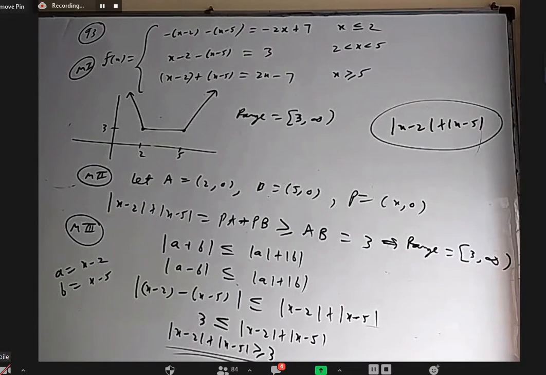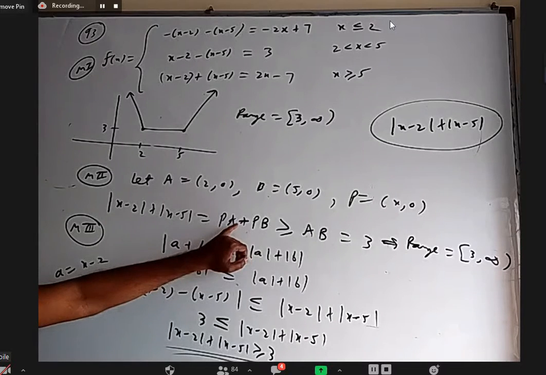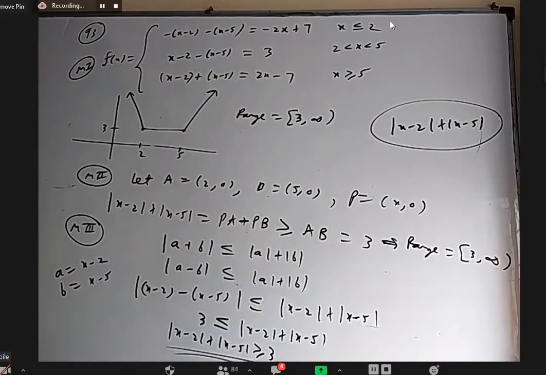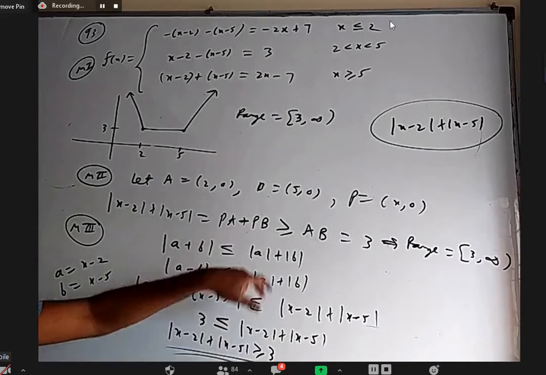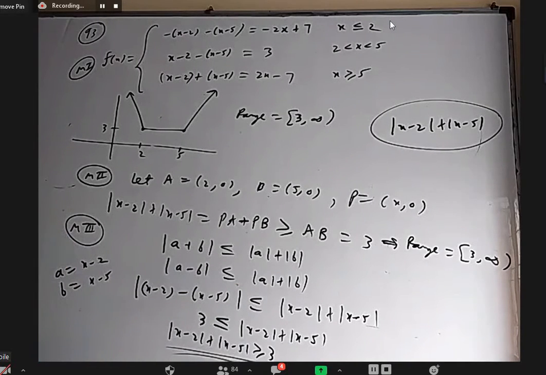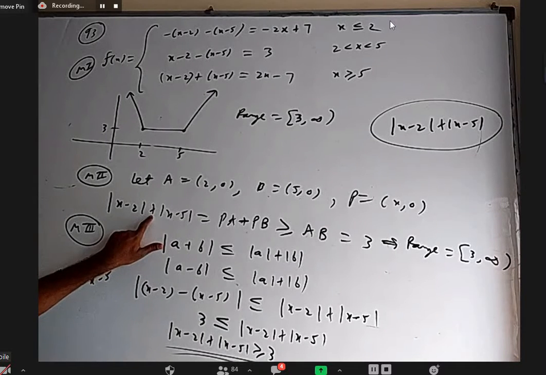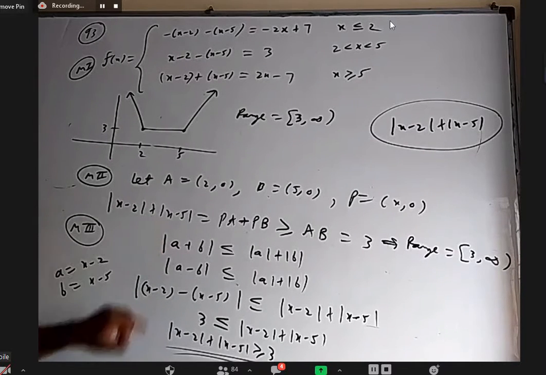Sir, in the previous problem you took lesser than, and here you took greater. Yeah, that is the difference. In the previous problem, the difference of two sides of a triangle is less than the third side. Here it is the sum of two sides of a triangle is greater than the third. Sir, can we use difference here also? No, if you use difference, then another question will come. The question will not come, because here plus is there. In the previous question, here minus is. That's the difference.